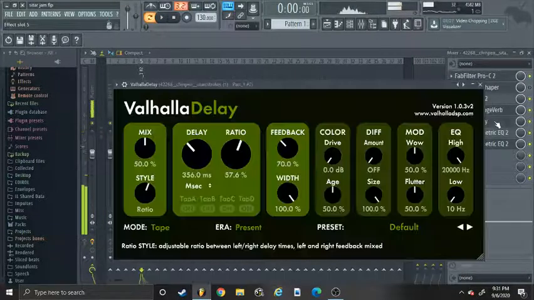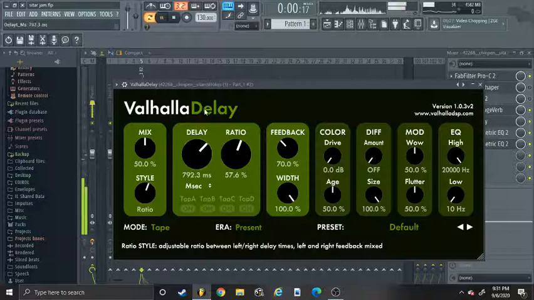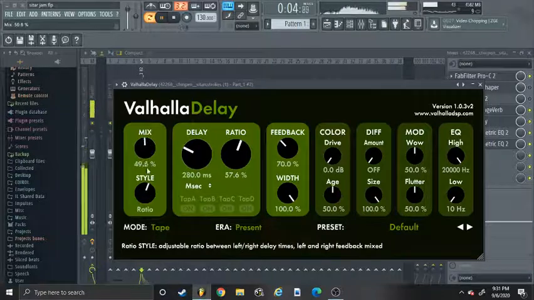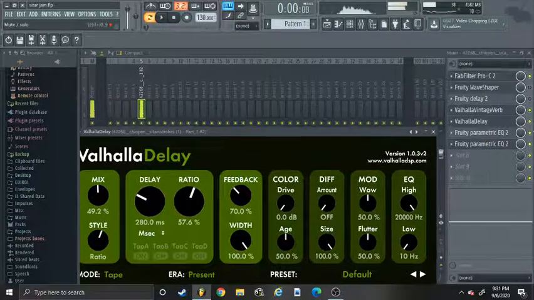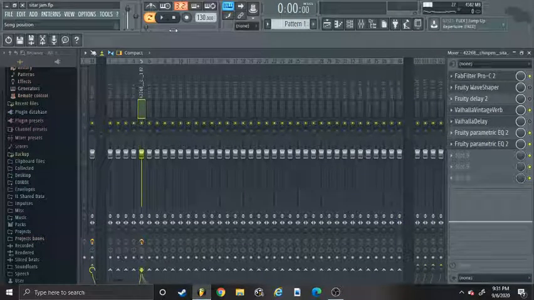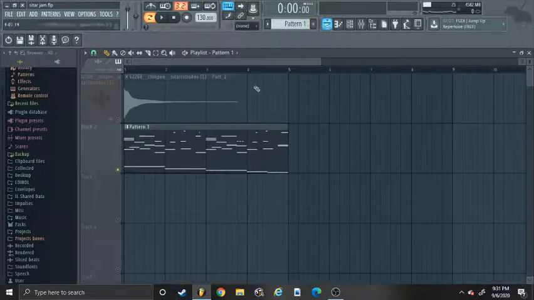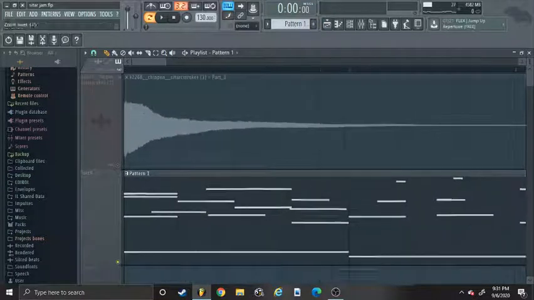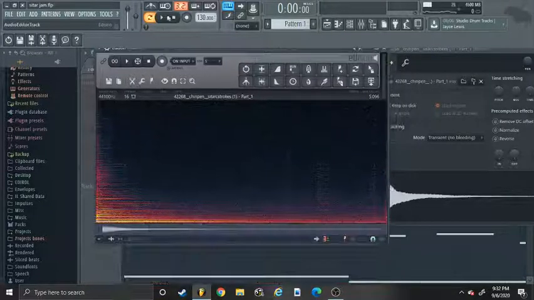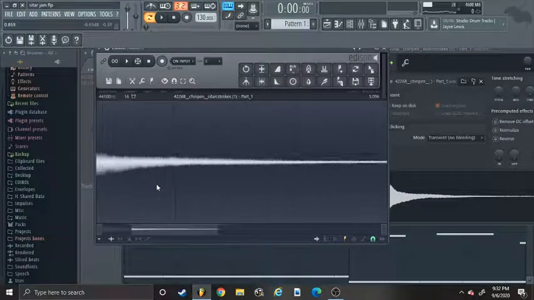Another thing that I like using is delay modulation. What's going on is that you're essentially combining the duties of a flanger and a phaser, because when you're delaying a sound, let me show you. Basically, when you're delaying a sound, what's going on is